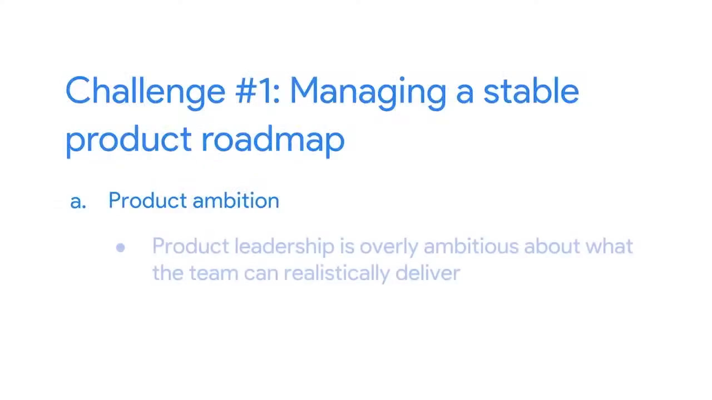Product ambition poses a challenge when product leadership is overly ambitious about what the team can realistically deliver. The product owner is responsible for representing the project to customers and executives. Because the product owner wants to make the stakeholders happy, it can be easy for them to overpromise what the project can deliver. For example, imagine that our Office Green CEO notices that the virtual Verde business in North America